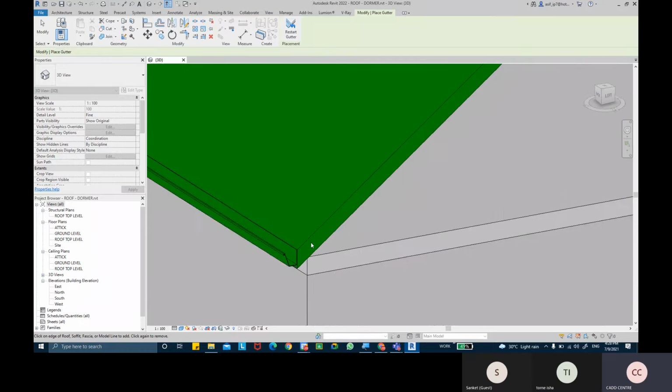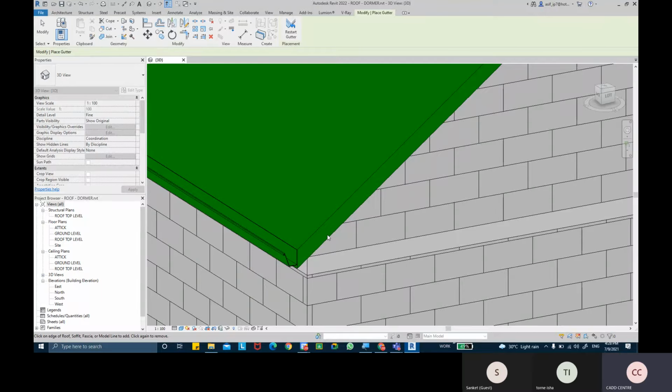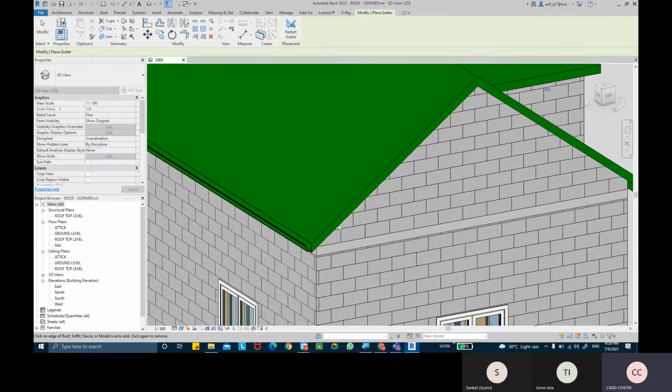But you can't apply a roof gutter on these edges over here because these edges do not have slopes. So wherever there is a slope, there can be a roof gutter, but wherever there is no slope, you can't add roof gutters.